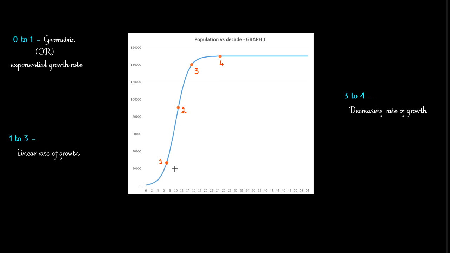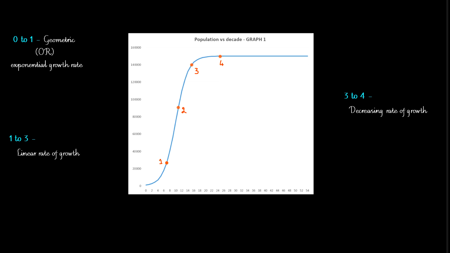So similarly from points 1 to 3, as you can see, the growth trend is linear. This trend is usually seen in relatively old populations, and when you come across problems involving relatively old populations, you can go for the linear growth rate method, as this graph is also linear. And from points 3 to 4, you can see there is a relative decrease in the population growth, and when problems are given to you where the rate of growth is decreasing, you can use the decreasing rate of growth method.